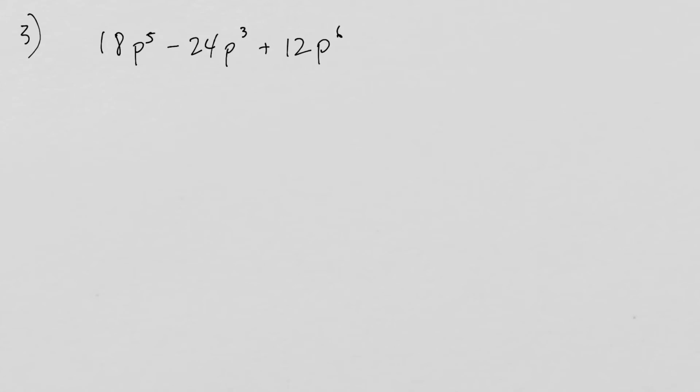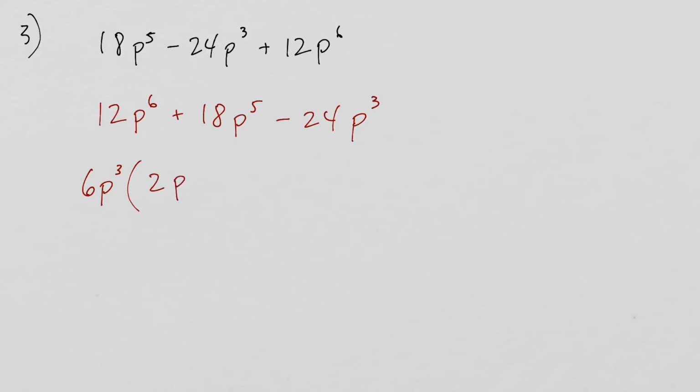All right, in a problem like this, the first thing I would do is reorder it. So I'm going to put it in descending order. And then remember, if you have a GCF, always pull out the GCF first. So everything is divisible by 6 and by at least a p cubed. That leaves behind a 2p cubed